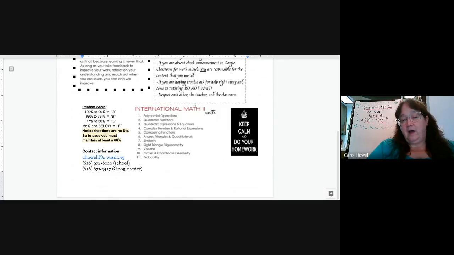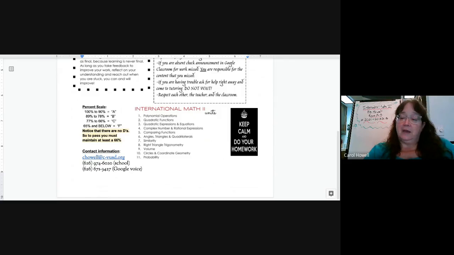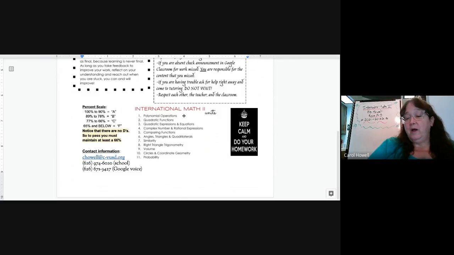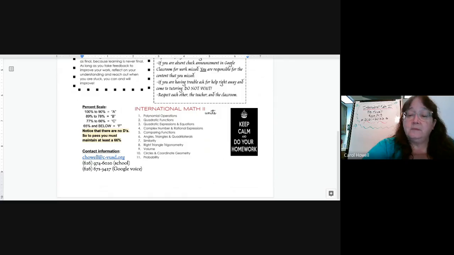We can start with the curriculum, down here at the bottom of this page. What we're going to be learning about in International Math 2 is a continuation from International Math 1. We're going to start with polynomial operations. We haven't started Unit 1 yet because we're doing what I call Unit 0 right now, which is review of concepts from Math 1 that are necessary to be able to do the work in Math 2. We will be having our first test on Friday, on the review concepts only. So everything we're doing right now is review from Math 1. Next Monday, the 27th, I think it is, we will be starting our unit on